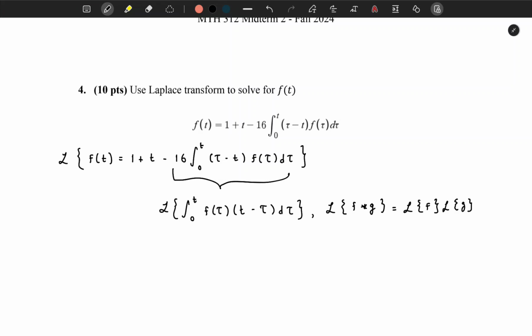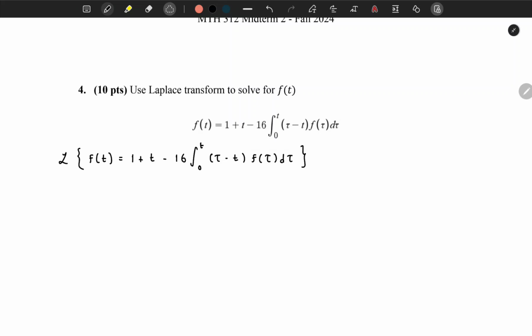It's a very, very useful theorem that can save a lot of time. However, right now as it stands, this is not in the correct form. We have tau minus t. If you don't read the question correctly, you may overlook this and think it's nothing, but it is in fact very different and will lead you to a wrong answer if you just go ahead and try to evaluate. So what we can do is,